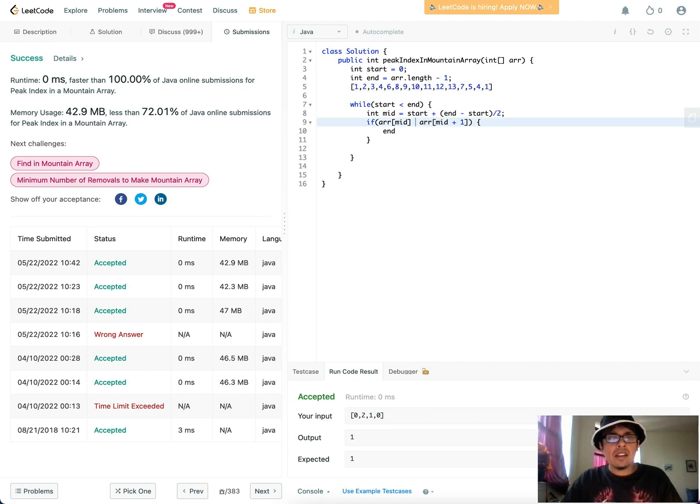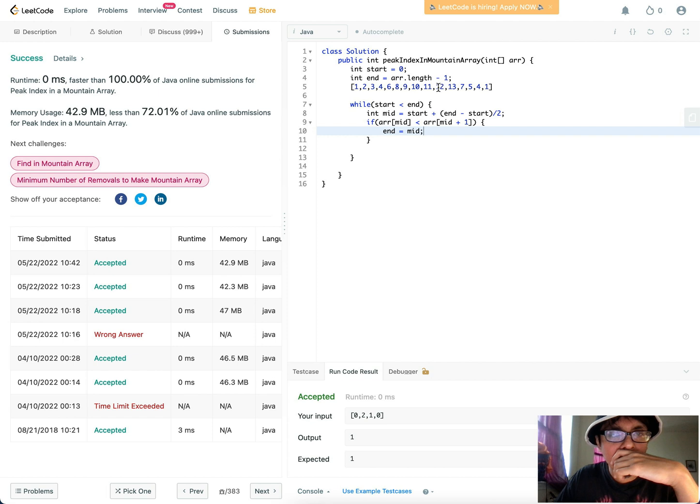So let's start with the end condition. If AR of mid is less than AR of mid plus 1, then we set end equals mid. So this means that we're going to shift the end from here, if this is the midpoint, all the way to AR of mid. Sorry, we start here. Start. And we start at AR of mid plus 1